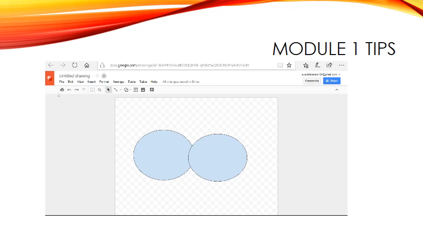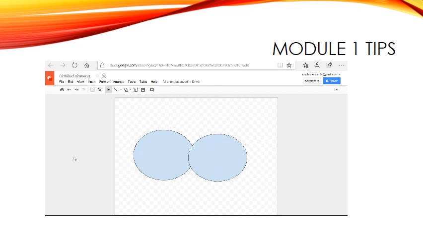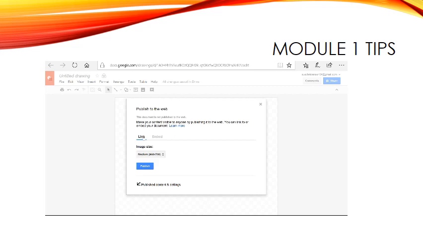Okay, to get the embed code, you're going to go over here to File, and you're going to pick Publish to Web. In everything these days, you're either going to find it as a publish tool, so you're going to have to look through in whatever tool you decide to make your infographic in. Look either under Publish or Share, and look for the option that specifically says Embed. So I'm going to click here on Publish, and then this comes up, and lo and behold, see there, it says Embed. So I'm going to click on that,